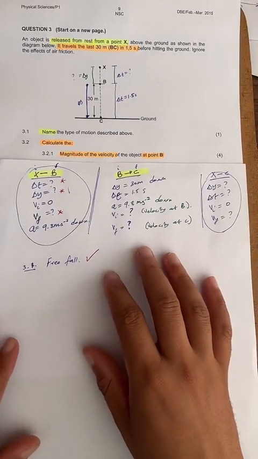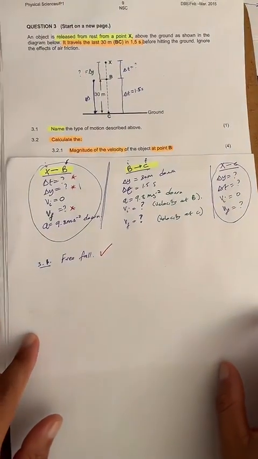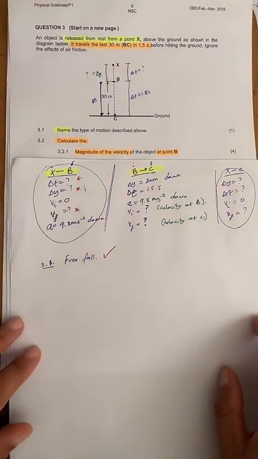Whatever that we use should have enough information for us to solve the question. Which one are we considering? X to B,